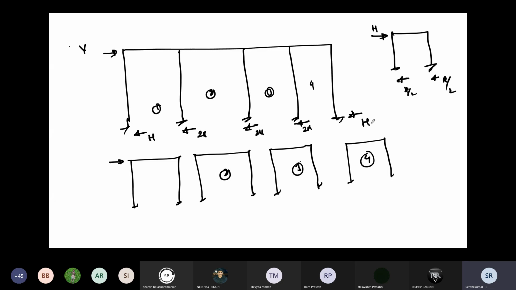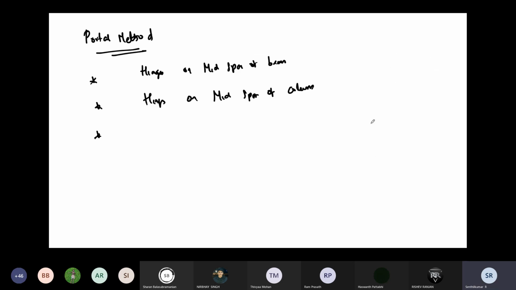So the shear resisted by the internal column is twice that resisted by the external column. Okay, that is a major assumption here. The internal column will resist the shear by twice. So the major assumption, I can say, at a given floor,